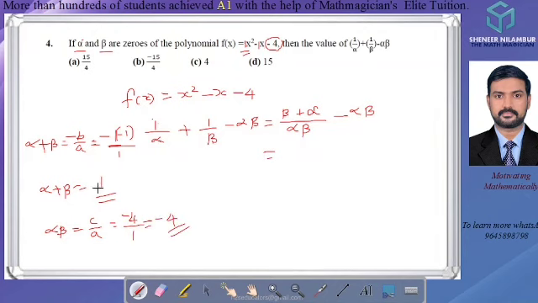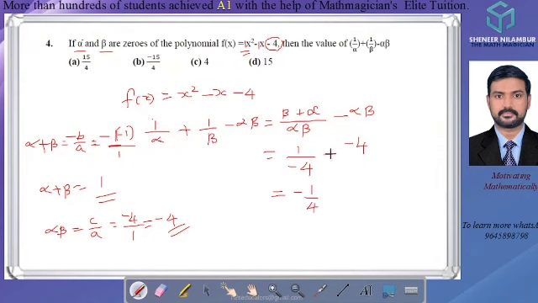So alpha plus beta is equal to 1, which means beta plus alpha is also 1. So in the place of beta plus alpha we can write 1, and alpha beta is equal to minus 4, so we can write here minus 4. And minus of alpha beta is equal to minus 4, so one subtraction symbol is there, and again minus alpha beta is equal to minus 4, so that minus symbol also we need to give.